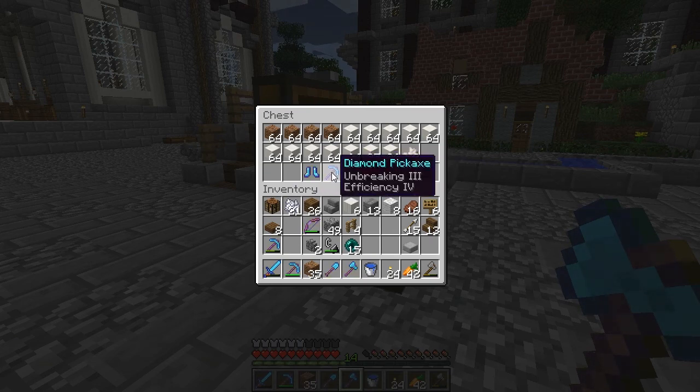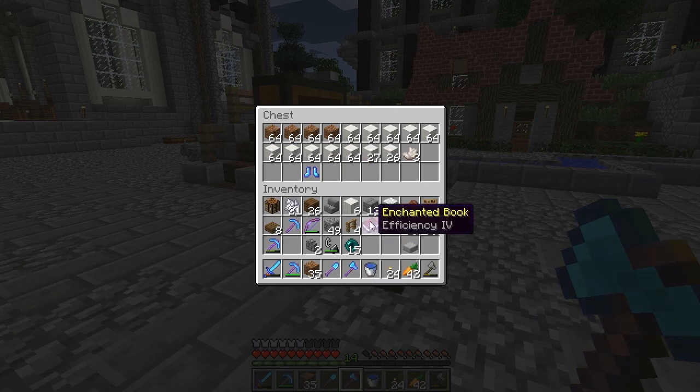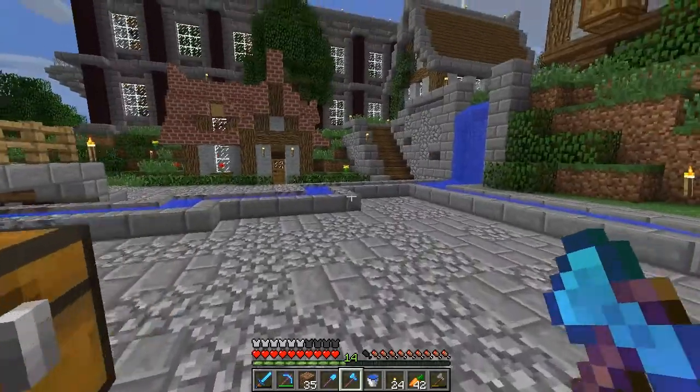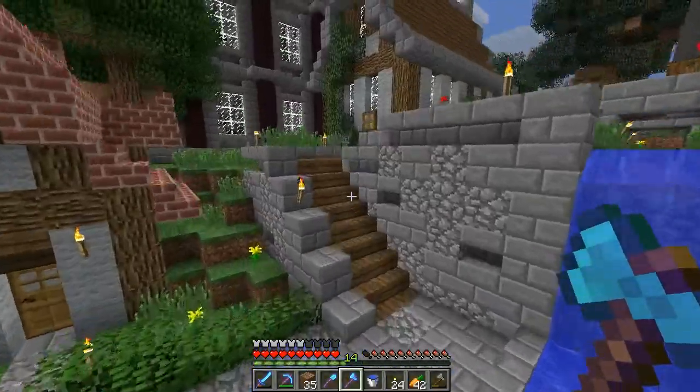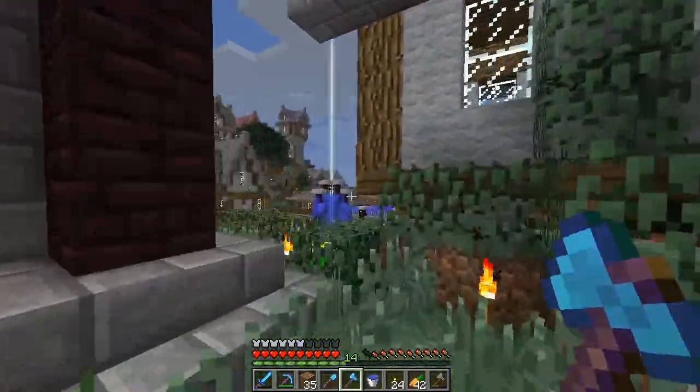We got a nice unbreaking 3 efficiency 4 pick. And those are just books I brought because I want to give the diamond axe here an efficiency 4, and I want to make this diamond pickaxe an efficiency 5 pickaxe. So that's exactly why we are now heading to the end to enchant our tools with some more efficiency stuff